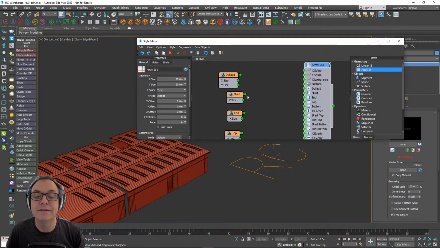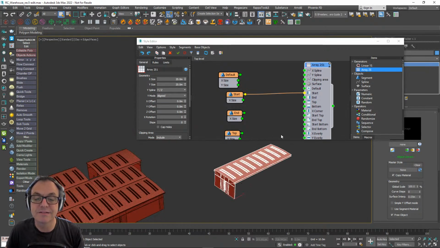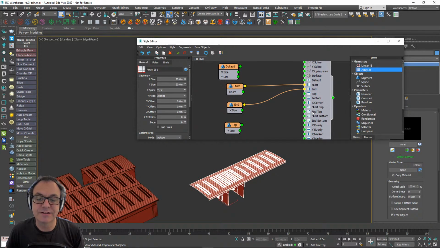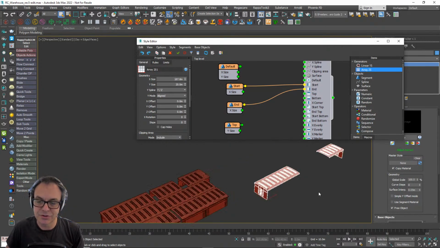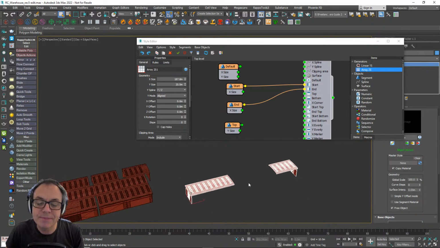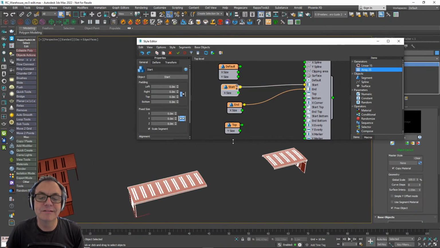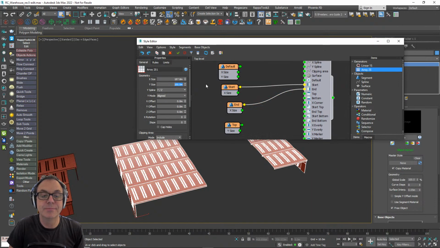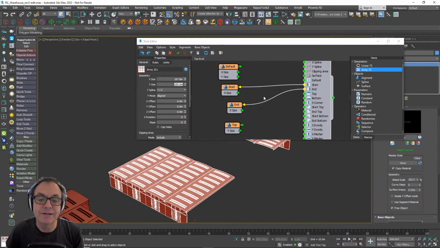I'll wire in the start segment. So you can see there's the start segment of this array here. I'm going to wire the end into the other end, and you can see I've set the size so small it's not long enough yet, so I'll just make this a little bit bigger, so I've got a little bit of a gap in between. Okay, so you can see I've basically wired something in at the start, something in at the end. No big deal. I'll make it 100 meters. So we've got a little bit going that way too.